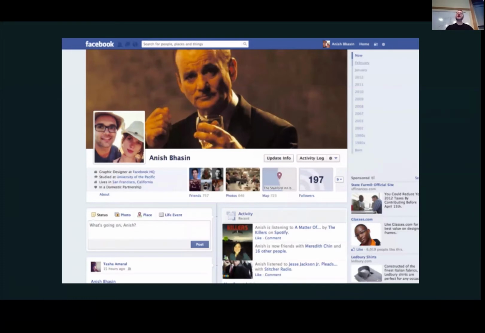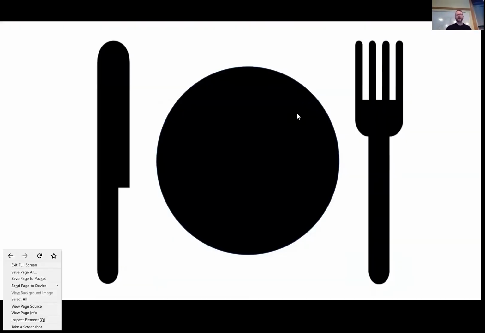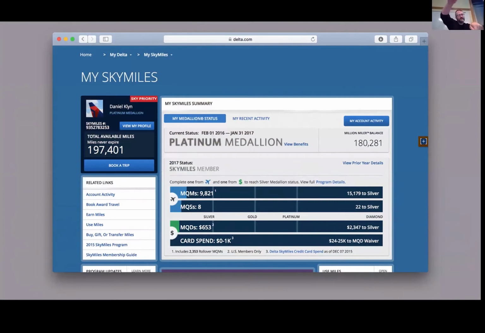And who knows, right? There's probably an algorithm trying out these combinations endlessly to figure out what is the pattern that leads to the outcome that we're looking for. My Sky Miles, I often think about that place setting and, you know, is that left rail the thing that you hold down? But there's something about these spatial relationships in these two-dimensional interfaces that I think we benefit from paying attention to.